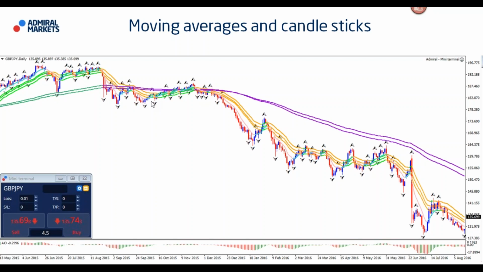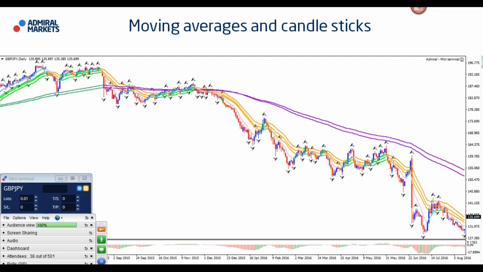Basically, what you're looking for is the moving averages to be pulled away from each other and for price to be pulling away from those moving averages. So when we have the purple ones here, that's the long-term moving average. I use 144 and 169. All right. And I use a short-term band for 21 EMA. These are closes. And 21 EMA close, but also a high and a low. All right. So that's why you see 3 moving averages.